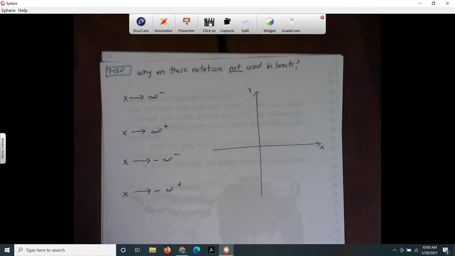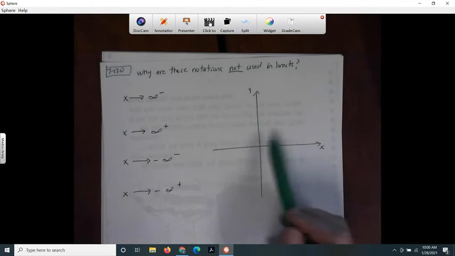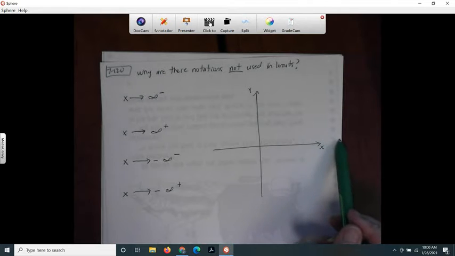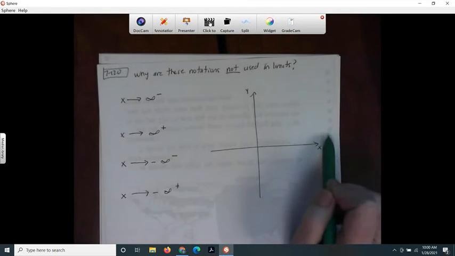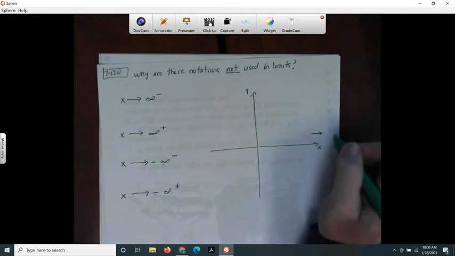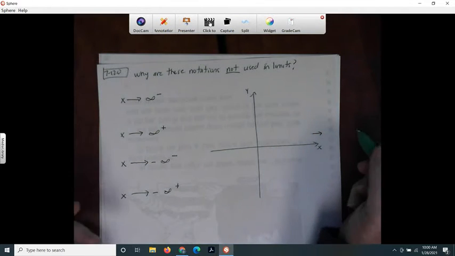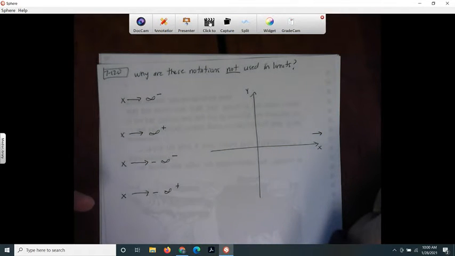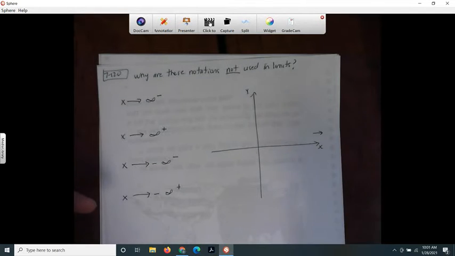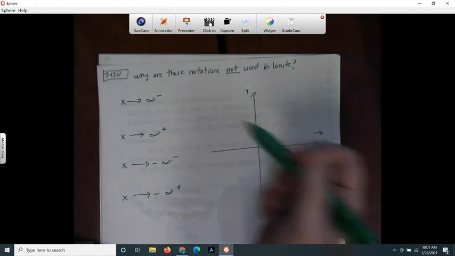Well, is there any other way that x could approach infinity? Because isn't infinity like off, infinity's that way, right? So it would be impossible to approach infinity from the right, because what's bigger than infinity so that you would be coming toward it, right? So that's why these two,